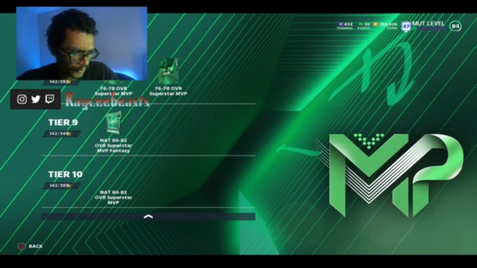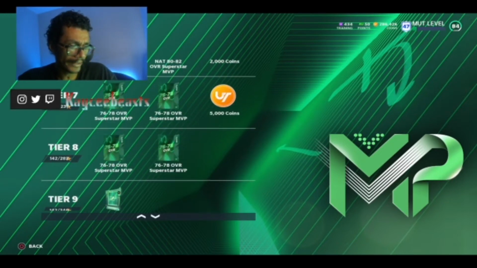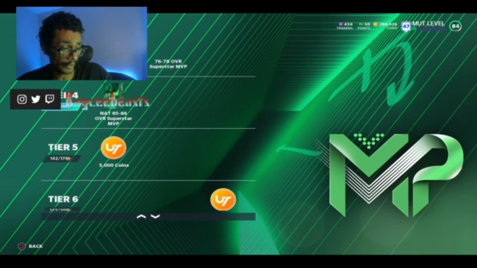Yeah, pretty much free. I think 85, I'm sorry. You do one of the 85s for free, or if you want to do the 86, it would cost you a lot less. But like I said, if you were like me, and you stopped right here at tier 4, well, you can still get